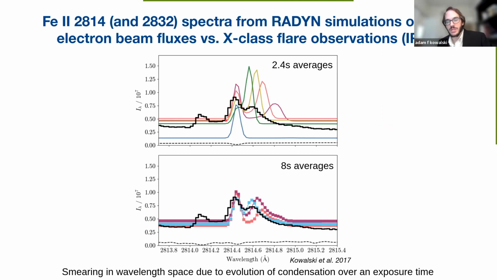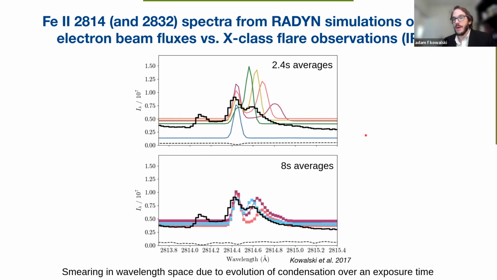We see an emission component around the rest wavelength here, and then we see a broadened redshifted component in the iron-2 right here. This here is an iron-1 line, which shows similar features. But in our model, shown as the colored lines, we just have the iron-2. First, we produce an emission component around the rest wavelength, and then a redshifted component appears and becomes brighter and less redshifted over time. So at first glance, this is not too close to the observations, but